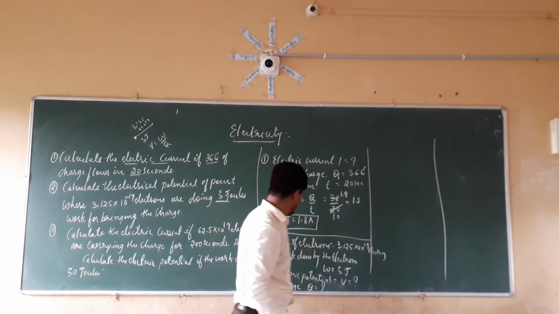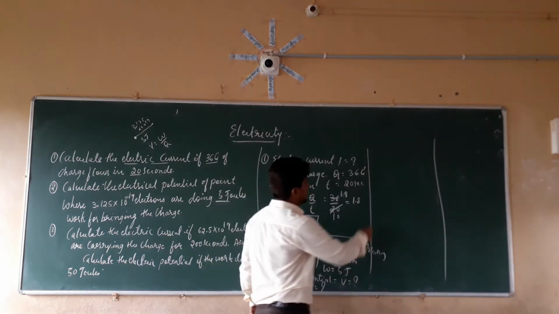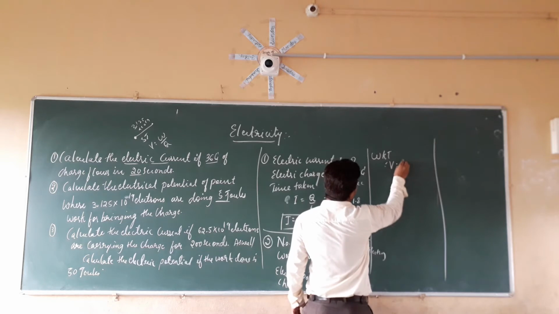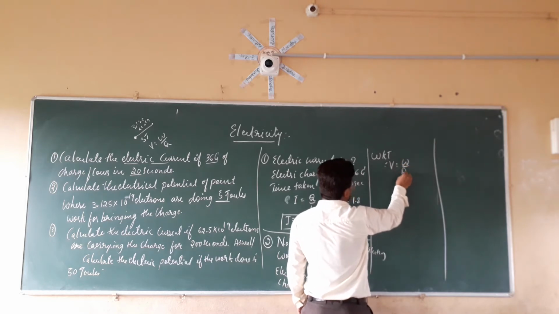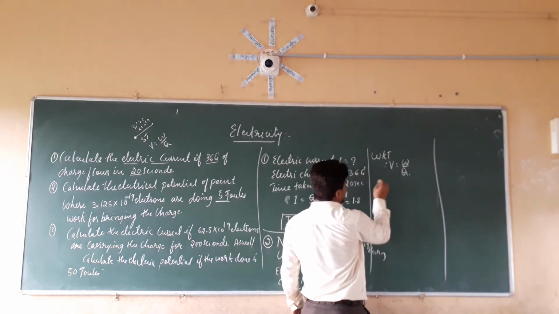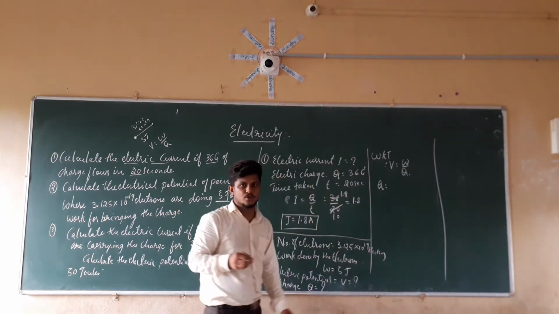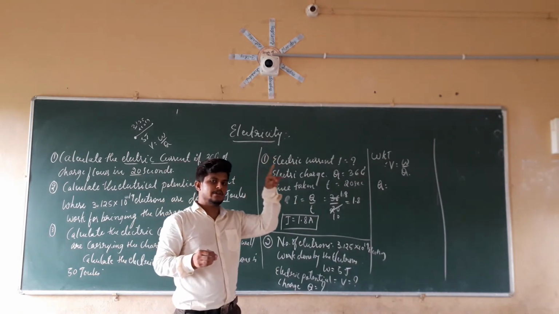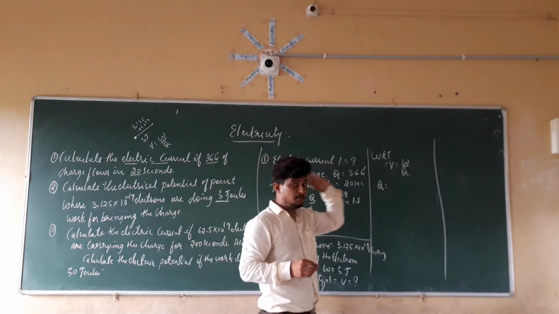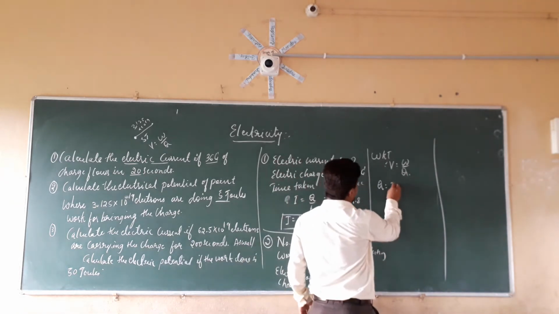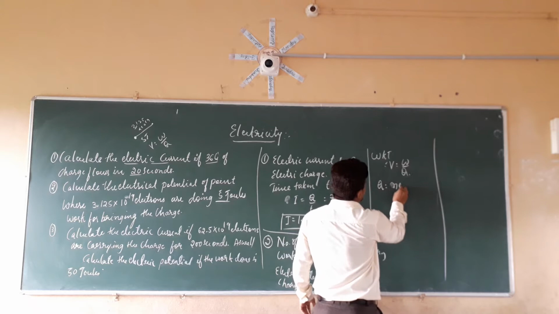If we take the formula for the voltage, we know that V equals W divided by Q. For that reason, first we have to find out the Q. So Q is equal to what? If you remember the formula for the charge, Q equals N into E. If you remember the first class, that was about the electric charge. So Q equals N into E.